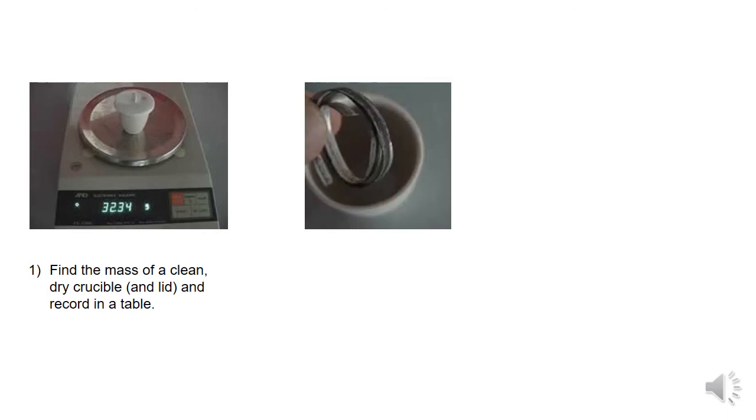Why is it important that the crucible is dry? It's, as I said, to prevent water being evaporated and false mass changes being recorded. So once we've got the empty crucible measured, and it is important that we do that step, we would then